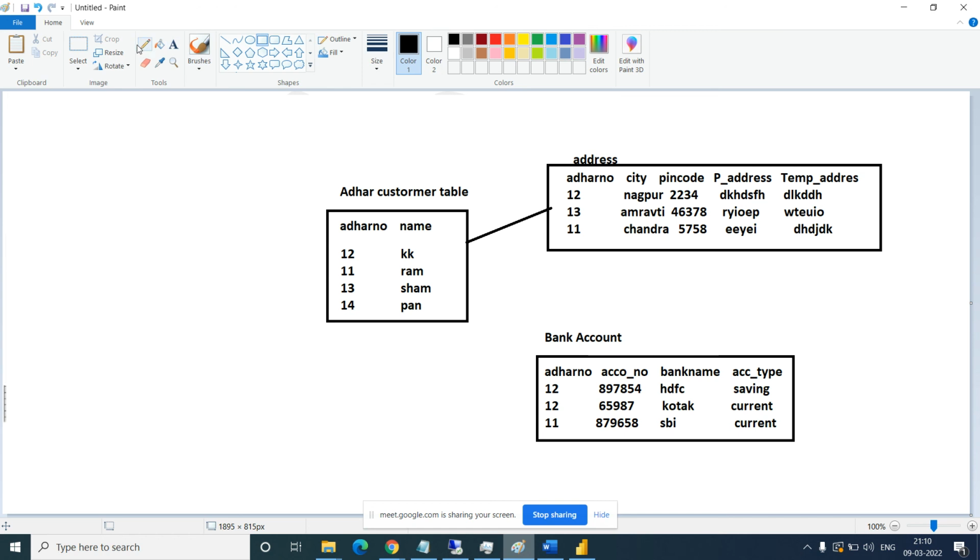And this is it. So now you understood why I am creating separate dimension tables. Hello, am I audible? You understood why we are creating a separate table? This is normalization.